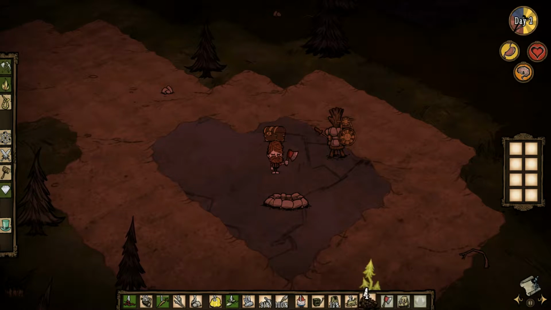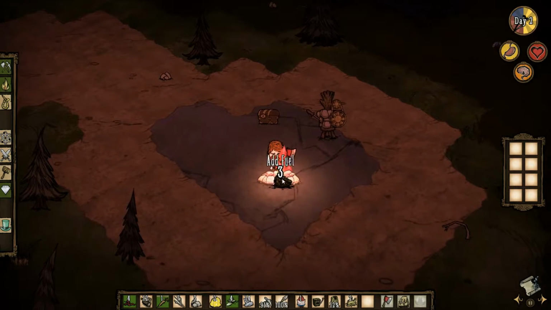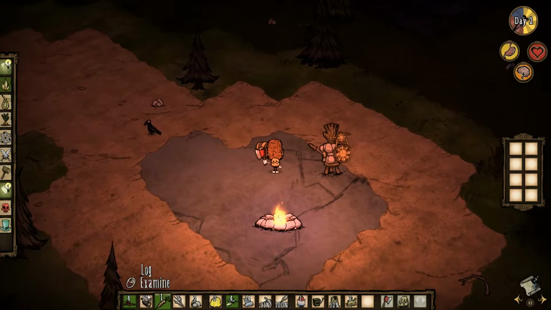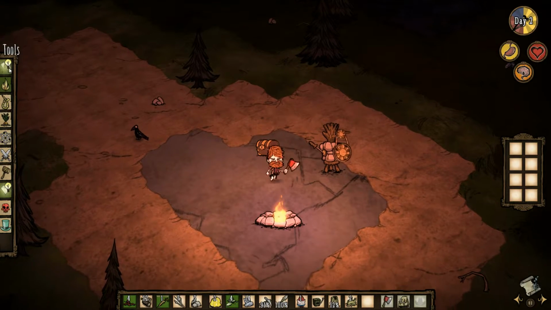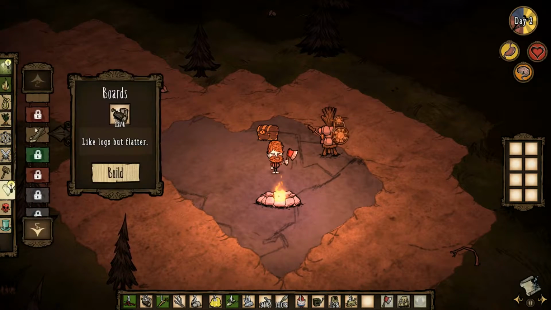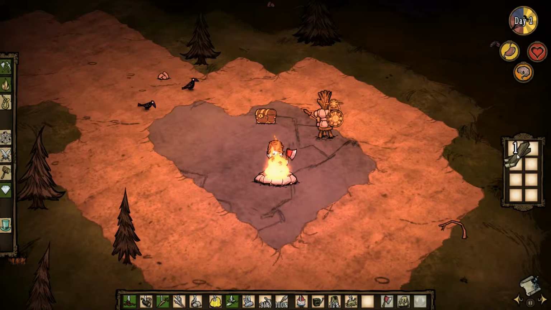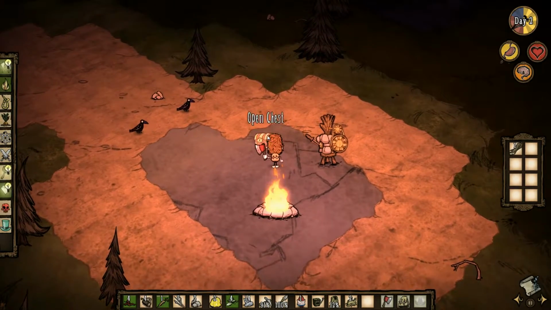What am I doing? Let's chuck some pine cones in here. So, we didn't get much out of that. So, I think these boards are actually quite good for fire. So, let's chuck one on. And we'll chuck another one in there. Alright,